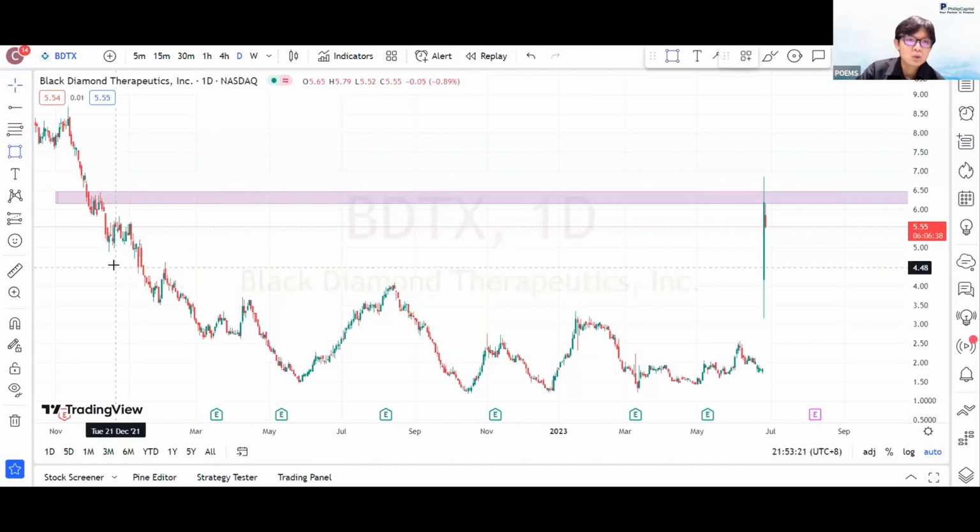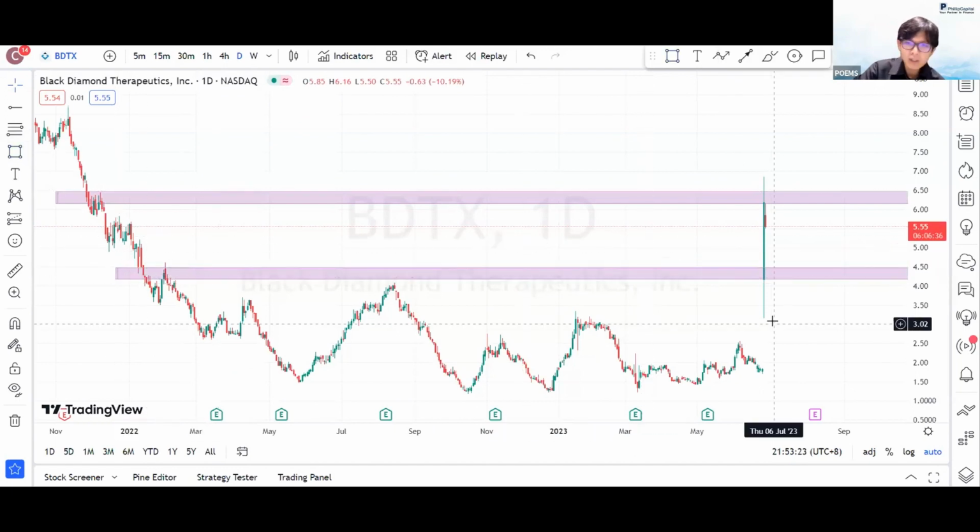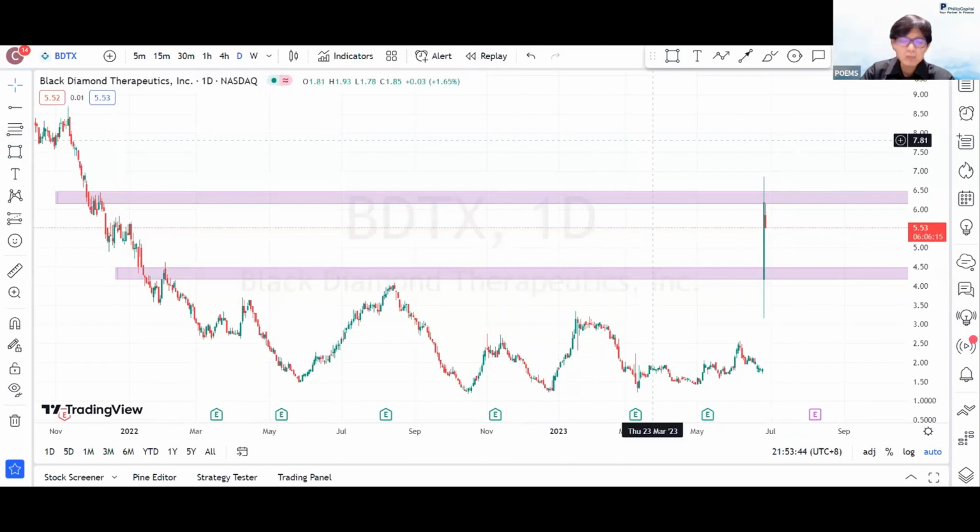I will go through black diamond first. The basis of how I draw my technical analysis on the chart is the same idea, across daily, weekly, 4 hourly, whatever. It will always be based off a supply and demand level. If you have watched my previous TA sessions, it's basically always the same stuff.